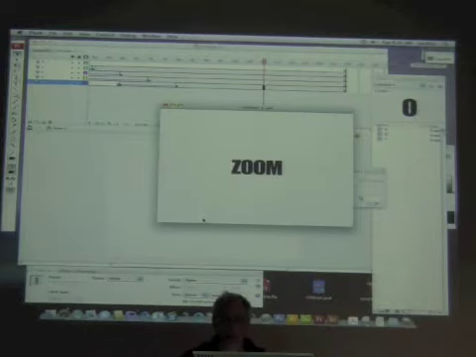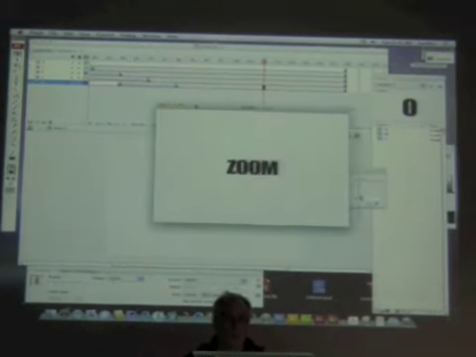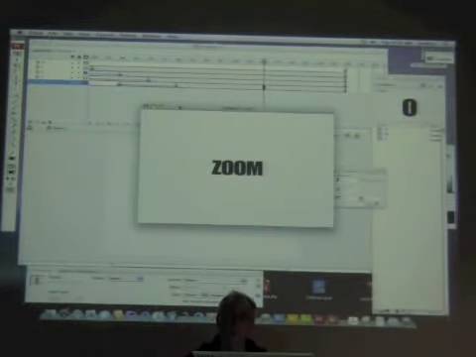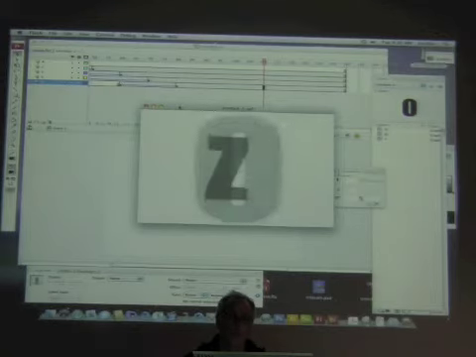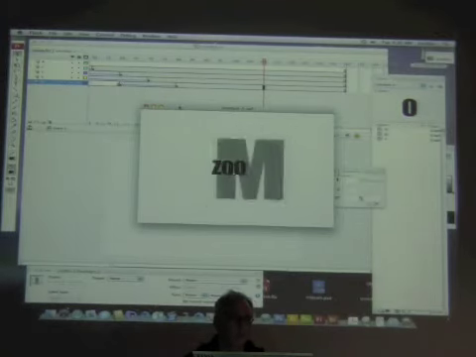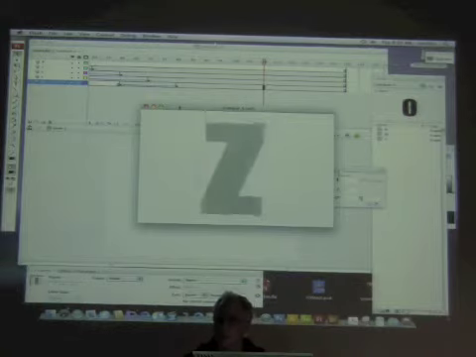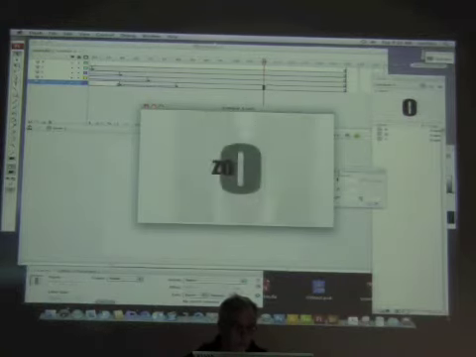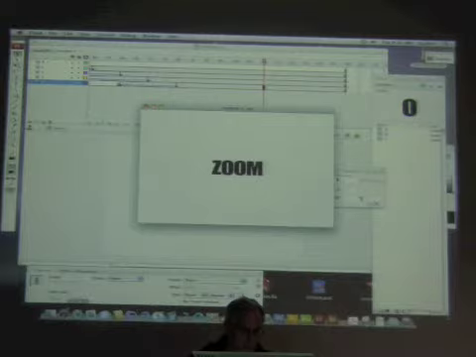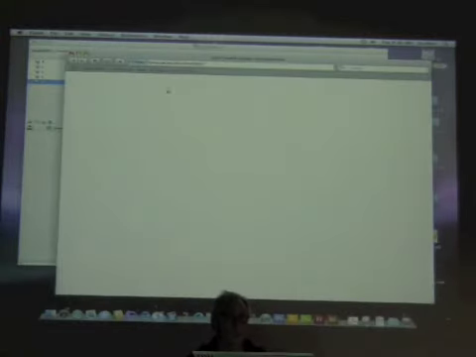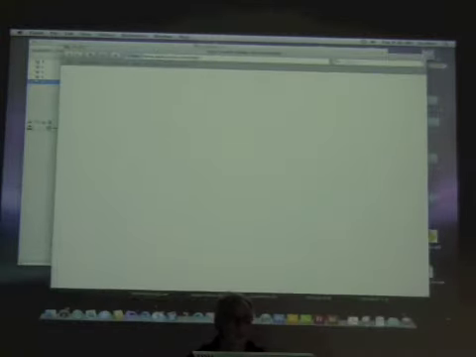If you're interested in doing more with type, and having it automated for you, which isn't a bad idea because you can see it takes a while to do all of this just for one simple effect. What you can do is, let me go ahead and go online for a minute. And if you go to flashkit.com,